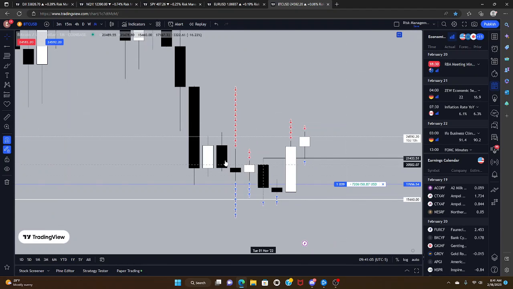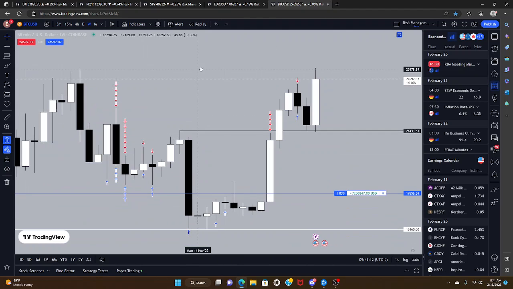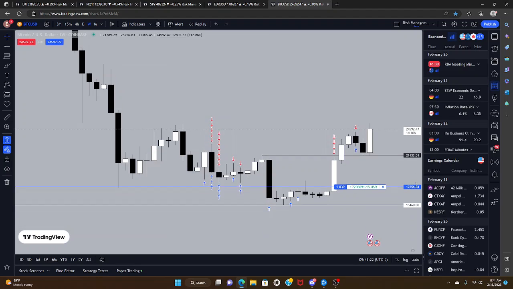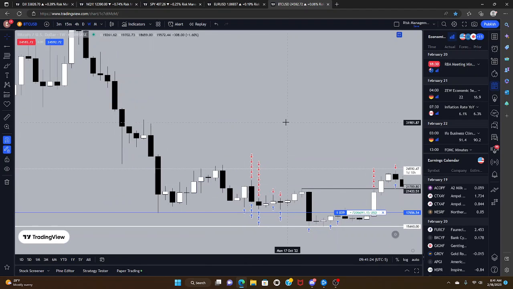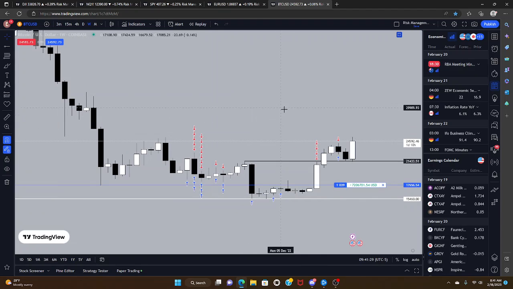So I've still got this position open from down here. And you can see essentially what you see here: test down in the all-time high, run up above these highs. So prior to this, you have a series of lower highs on the weekly, lower high, lower high, lower high.